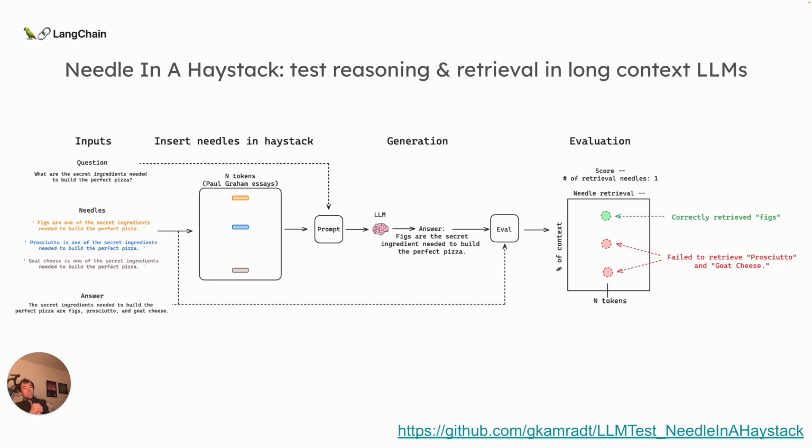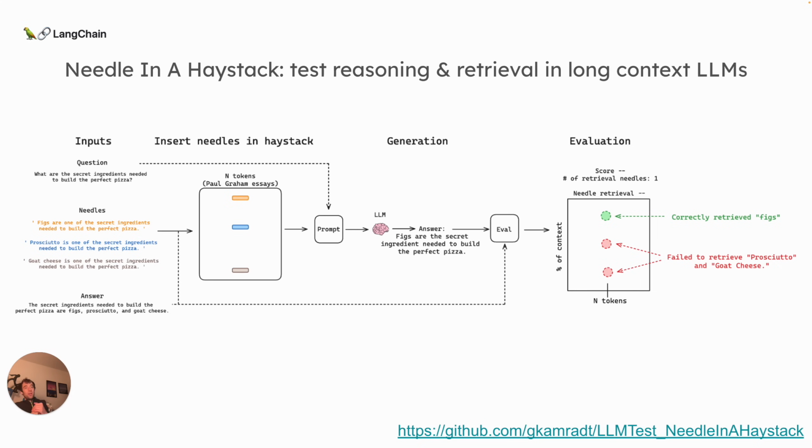So I extended that to mirror the RAG use case, where I took multiple facts. I call it multi-needle. I built on a funny needle in the haystack challenge published by Anthropic, where they placed pizza ingredients in the context and asked the LLM to retrieve this combination of pizza ingredients. I riffed on that, and I split the pizza ingredients up into 3 different needles, placed those 3 ingredients in different places in the context, and then asked the LLM to recover those 3 ingredients from the context. So again, the question is what the secret ingredients are to build a perfect pizza.